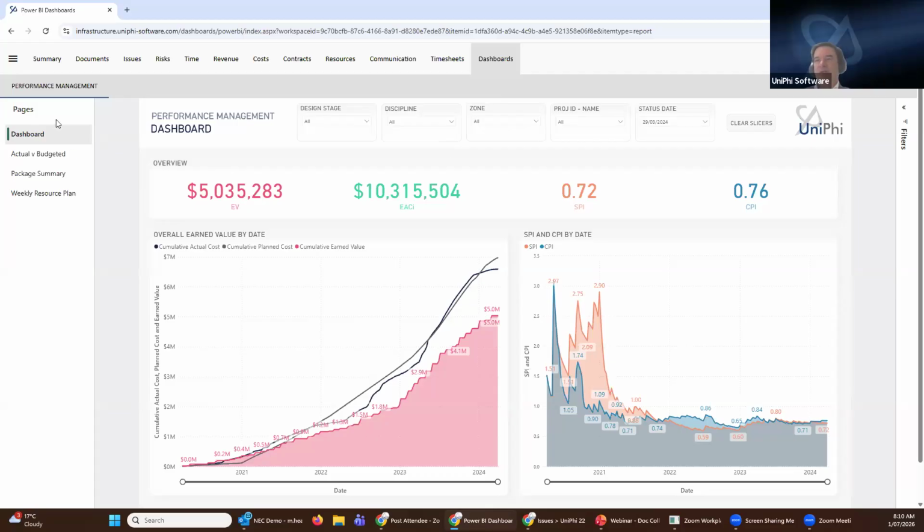But here we are in a consolidated calculation. We have, you can see on this screen, a cumulative actual, a cumulative planned, and a cumulative earned value in the red. These two indicators, schedule performance and cost performance, indicate the first two elements of UniPhi tracking time and cost. In this instance, we're not doing too well. We should be at 1 if we're performing to baseline, and we need to find out why that is.